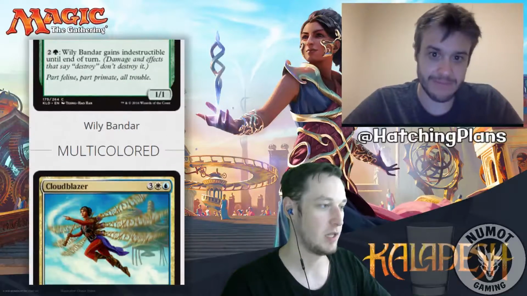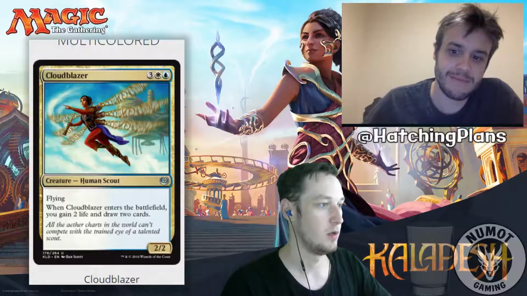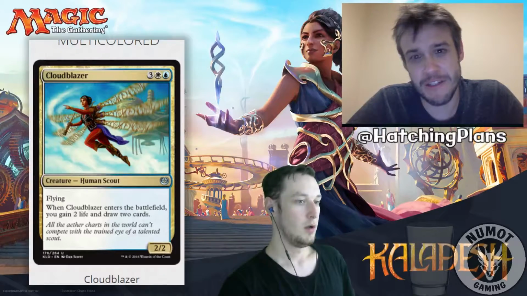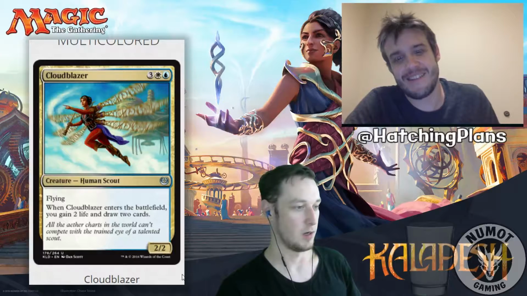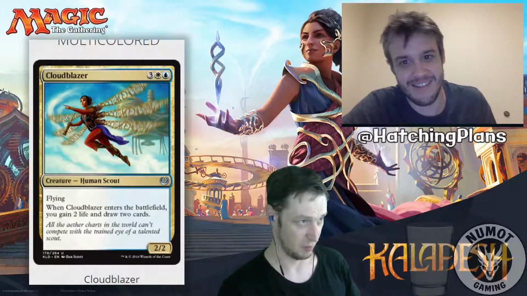Only a few more cards left as we go into the multicolored. Cloud Blazer, 3 white blue, 2/2 flyer. ETB, gain 2 life, draw 2 cards. This one doesn't really evoke a lot of emotion for me. Yeah, not quite Mulldrifter. Still probably very, very good in limited, with the caveat of you having to be blue